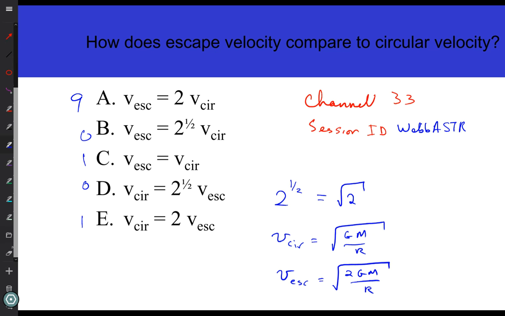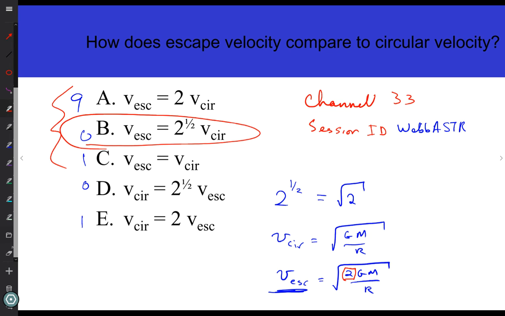Or, well, maybe I misheard you. That's always an option too. What did you say, Max? I said, well, escape velocity. Okay, you are right. I misheard him. Okay, so this is bigger because it has a factor of 2 inside the square root. So the correct answer had to have been one of these 3 because escape is bigger. It has to have 2 inside the square root, which means that was the correct answer.